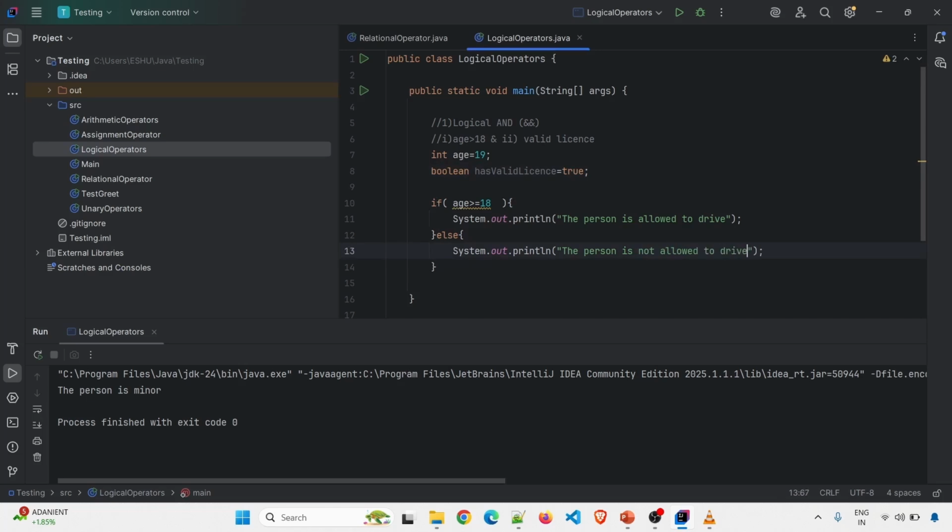Now how will we write this code? The logical AND operator evaluates the first condition. The first condition is age greater than or equal to 18. Now I want to check one more condition. The second condition is has valid license. To check the second condition, we use the logical AND operator. So using AND, you can check has valid license